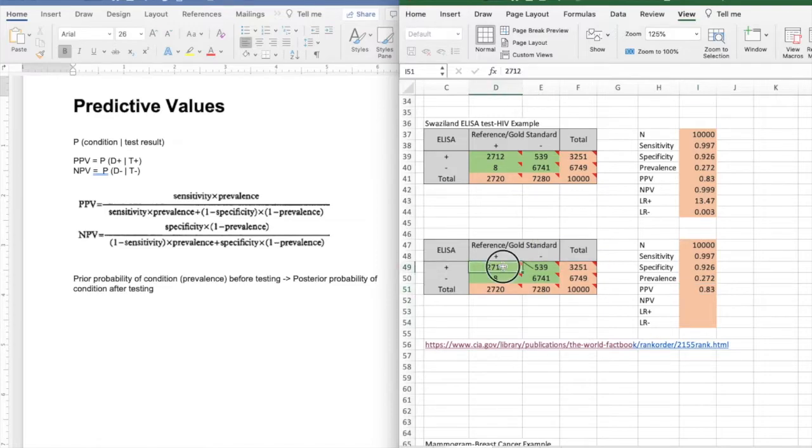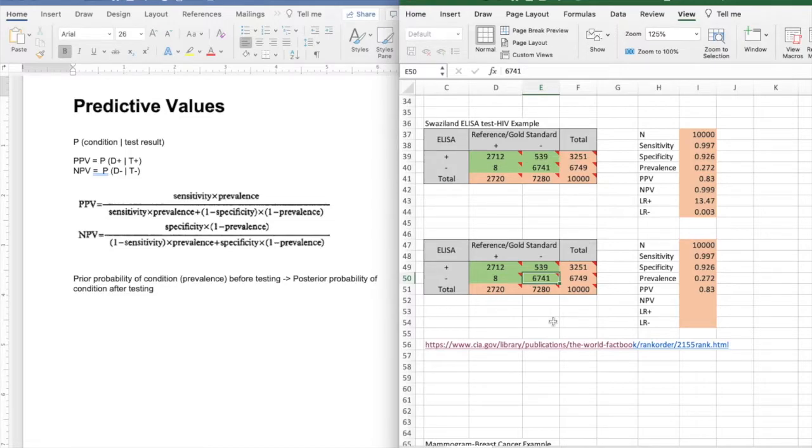So we get sensitivity and specificity by going down the columns and we get predictive values by going across the columns. A negative predictive value, if we use this box over here, can be calculated by our true negative rate, which is this number here,